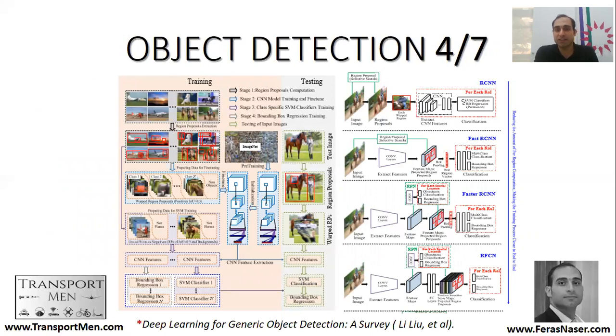And here we see some explanation of the object detection. I want you to see that in this illustration, there is a focus on several stages. Stage 1 is region proposal computation, then stage 2 is CNN model training and inference time. So it talks about how this framework works in different stages, and this is why we call it a two-stage or multi-stage detection framework. On the right side, you can see the development from RCNN to Fast RCNN to Faster RCNN, and even more models are coming.